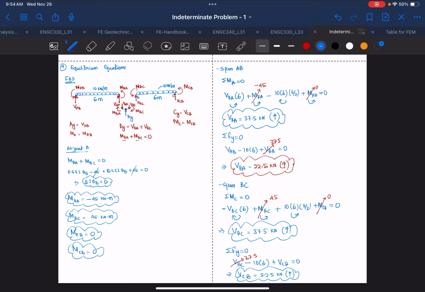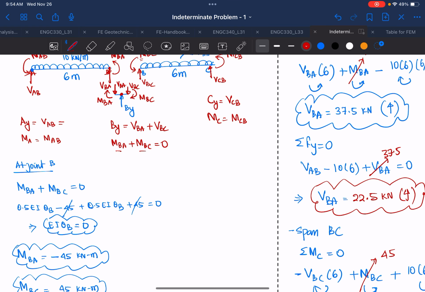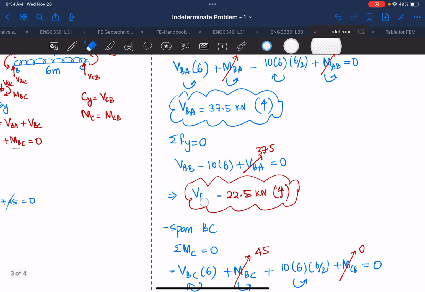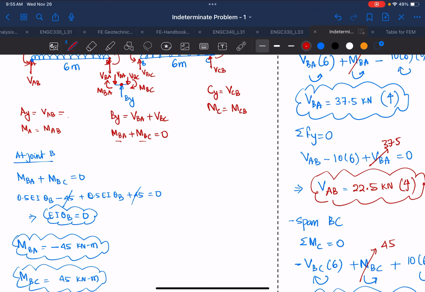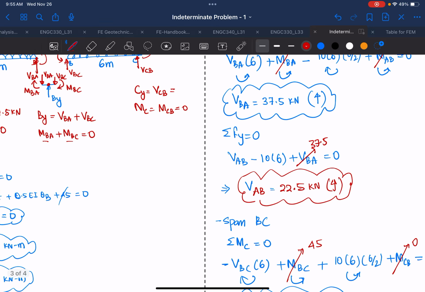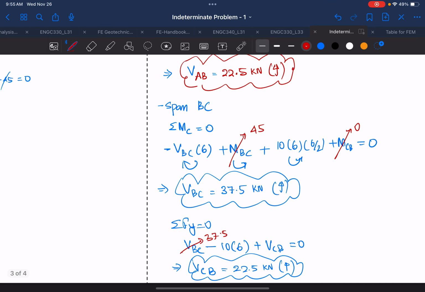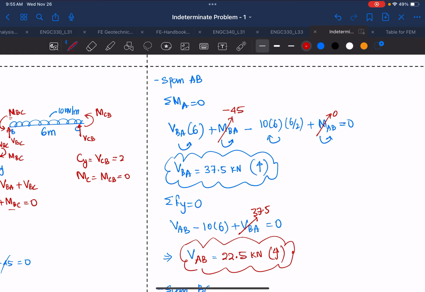So now we have all the equations given to you. So finally we can just fill up this equation. So AY will be VAB. VAB, sorry, this is VAB. VAB will be 22.5, and MAB is 0, MCB is 0, CY is your VCB. VCB will be 22.5 kilonewton, and then